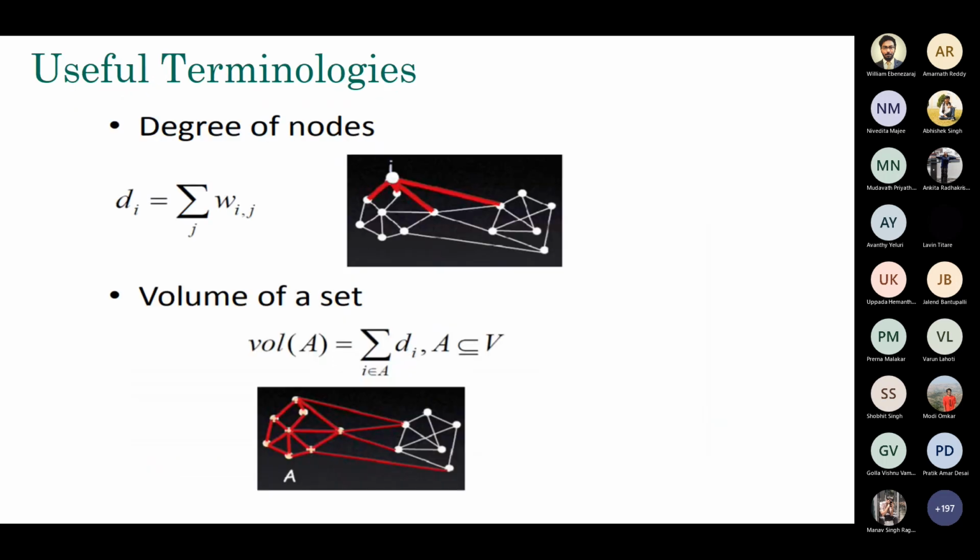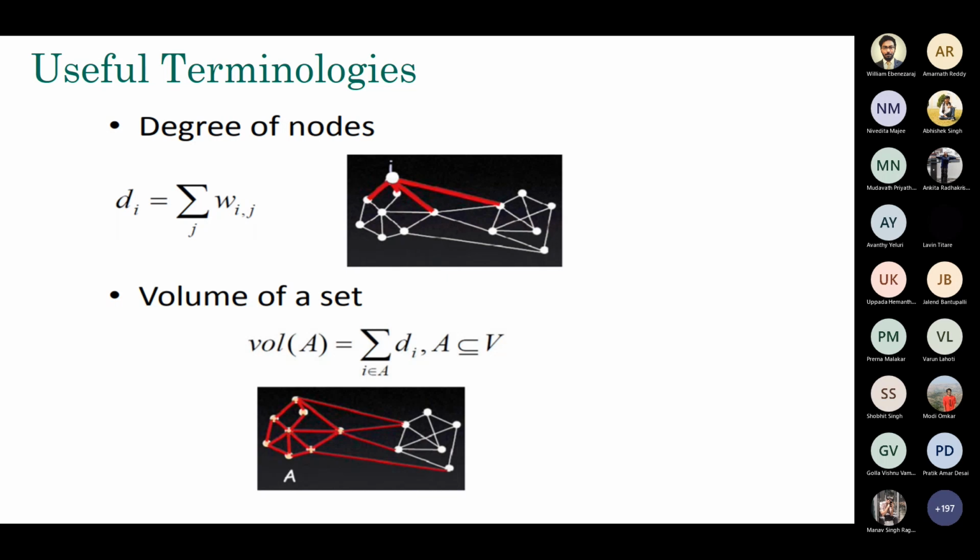All right. So a few quick useful terminologies. First of all, degree of nodes. Most of you probably know this already, but just for recap, I am telling you this one. Degree is nothing but the total edge weight, the total weights of all the edges associated with a particular node. If you take a particular node, you see all the edges coming out of this node, you see their values and simply take the sum. That's it.